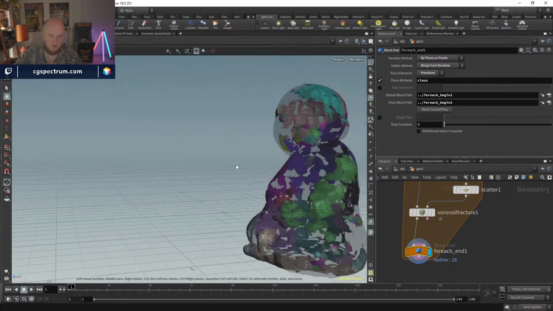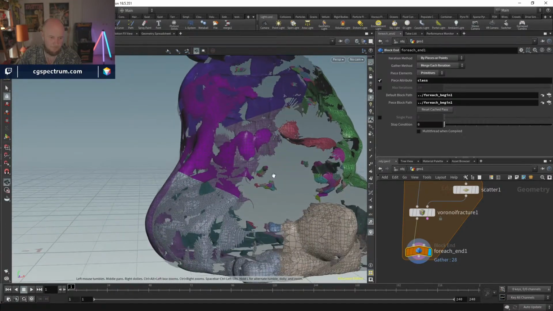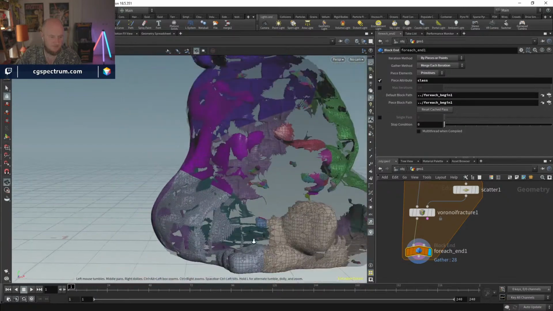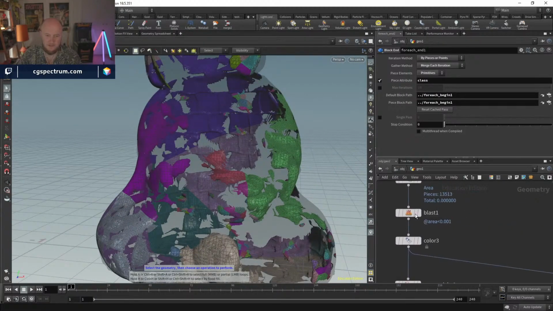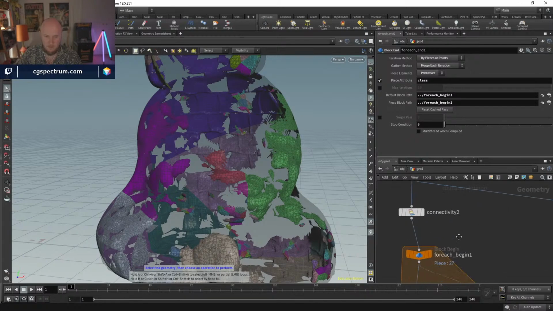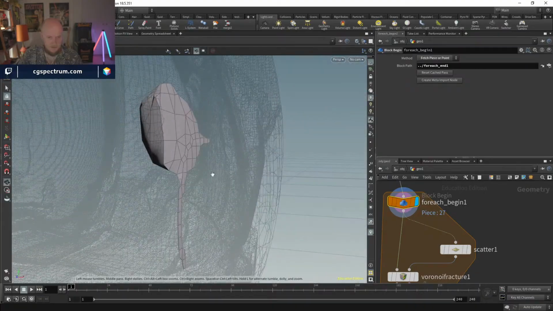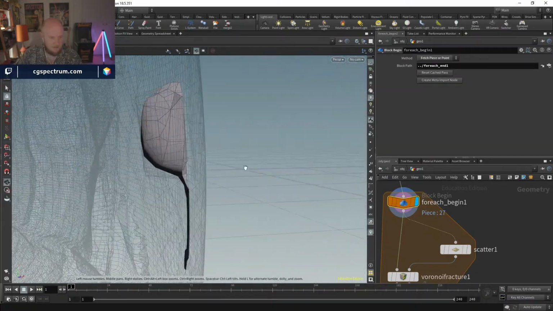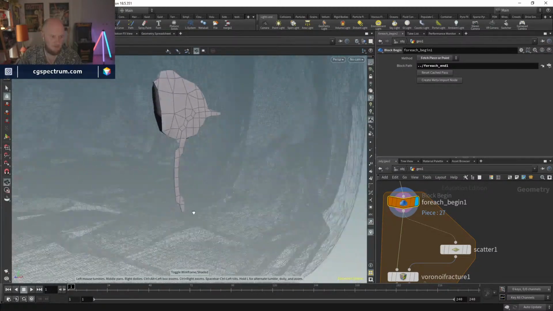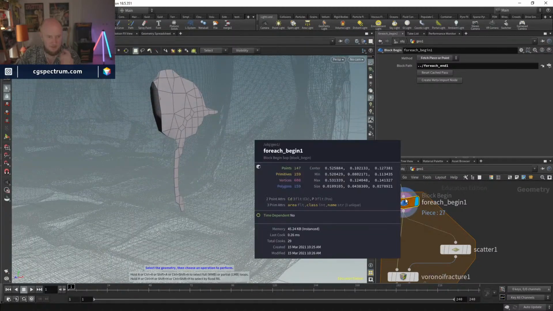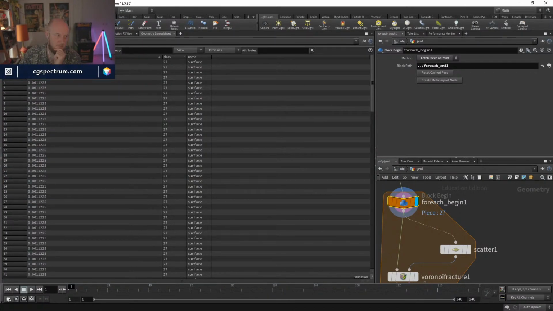So I need to come up with a way of varying that scatter based on the size, which shouldn't be too difficult because I already have this area attribute coming through. So if we have a look inside of here, well, there we go. It's given us a different piece this time. These really small polygons could be problematic for fracturing, but we'll just work with it and see what happens. So if we have a look at the area of this piece, it's really, really small,